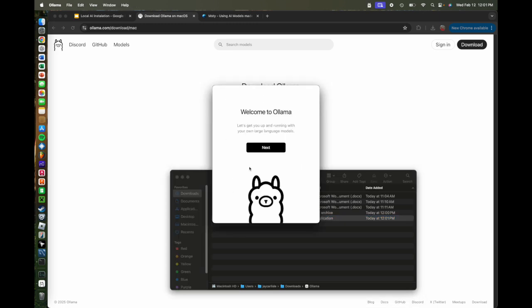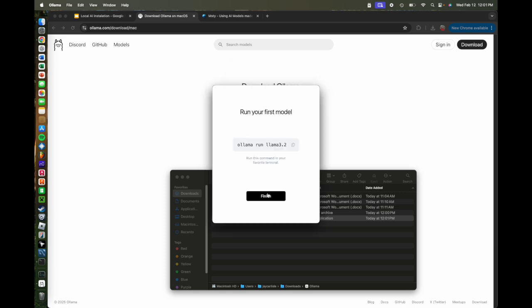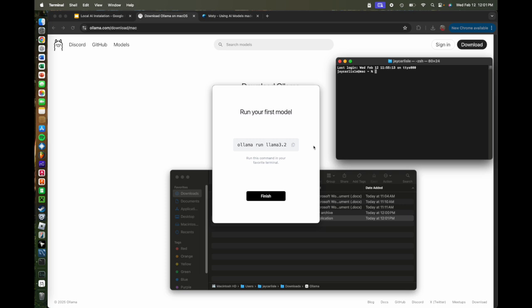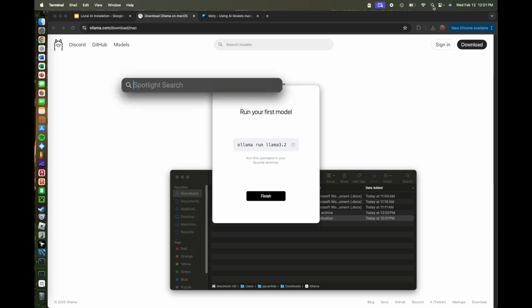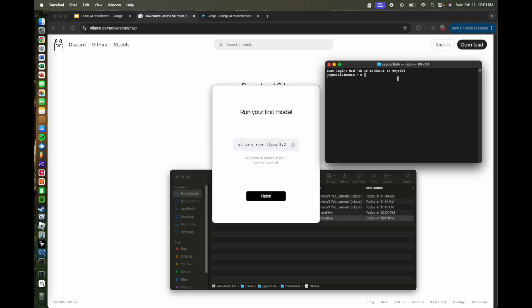Now, when you get to this screen, just follow the setup instructions. So we're going to hit next. We're going to hit install. You're going to want to enter your password. And make sure you click this copy button. Make sure you get that check mark. Do not click finish yet. You're going to want to open up your terminal. If you don't know how to do that, you can go up to your search bar, just type terminal, it'll open up. Now paste that code that you just copied into your terminal and hit enter,